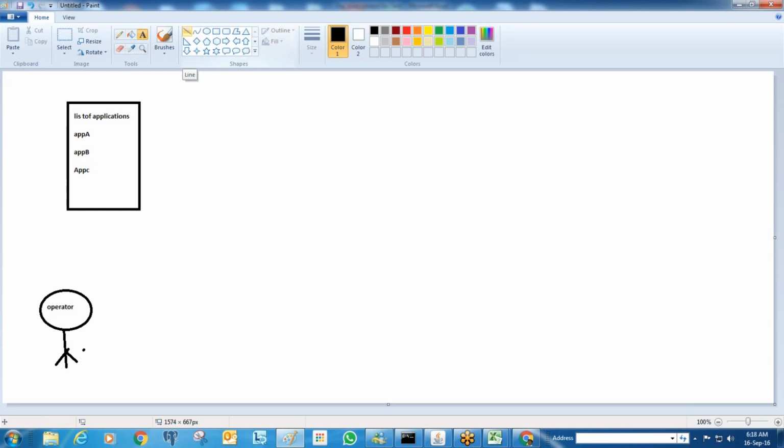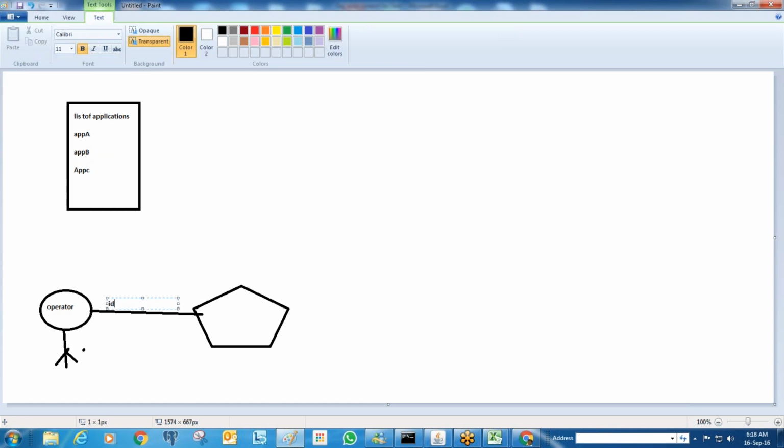To determine that, internally every operator is associated to an access group. So what is the access group? Every operator is associated to an access group.